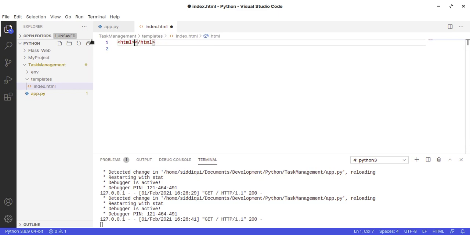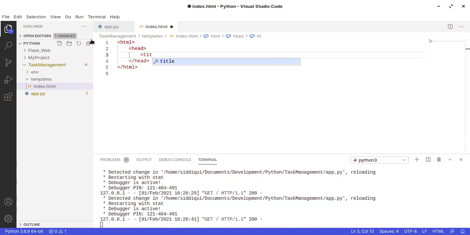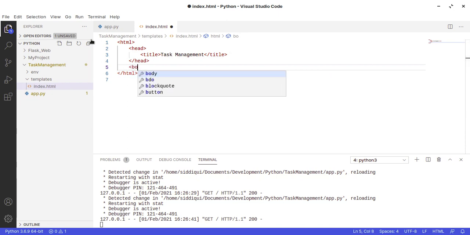Then we have the head, we have the title, then we can say task management. Then in the body